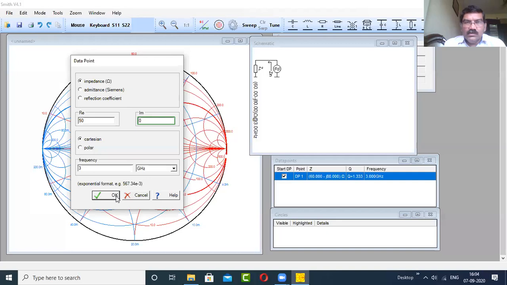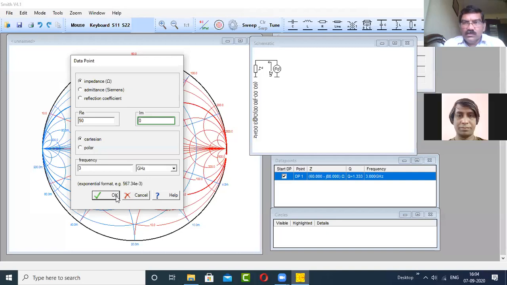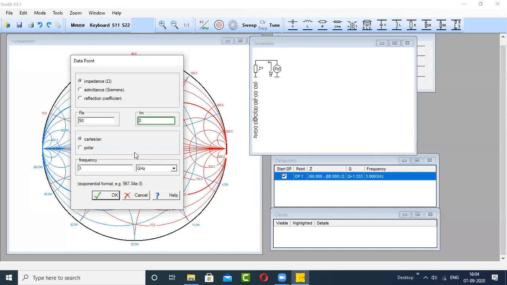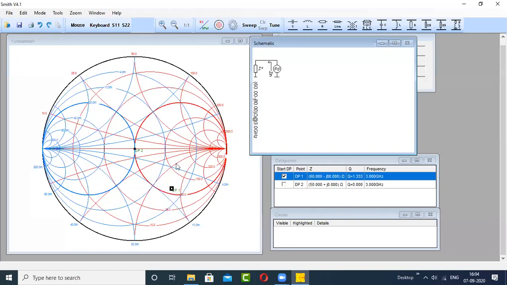Okay, so now the reference impedance. Now as you go for stub matching, whether it's a short circuited stub or an open circuited stub, you need to compute two things. One is the appropriate location of the stub, and the other is the length of the stub. Because if the stub is not placed at the right place, then the matching cannot be achieved. And even if it is placed at the right place, if the length of the stub is not correct, then also the matching cannot be achieved. Okay.